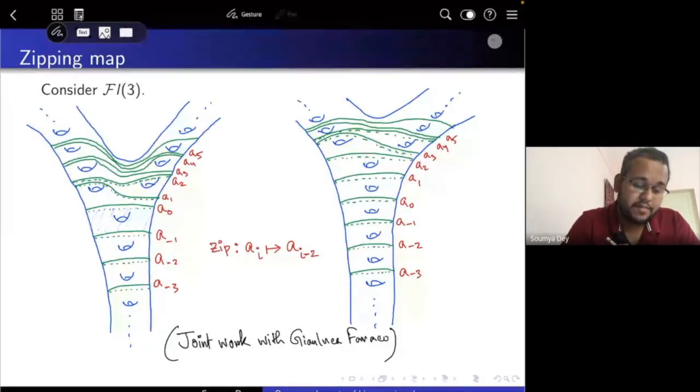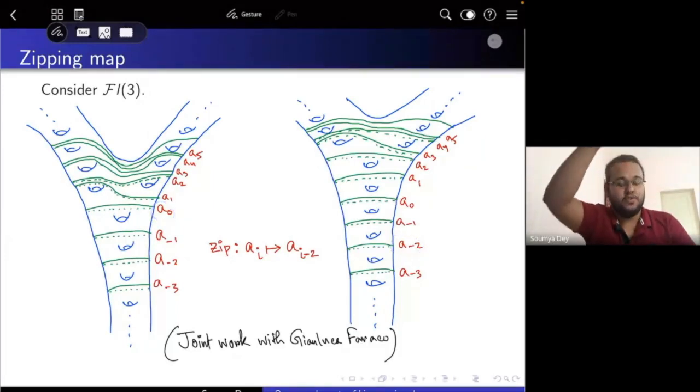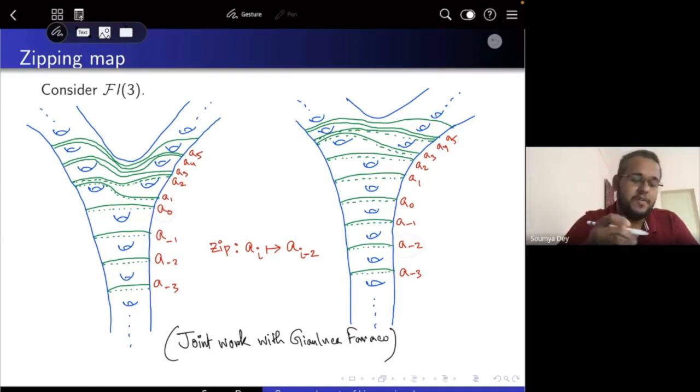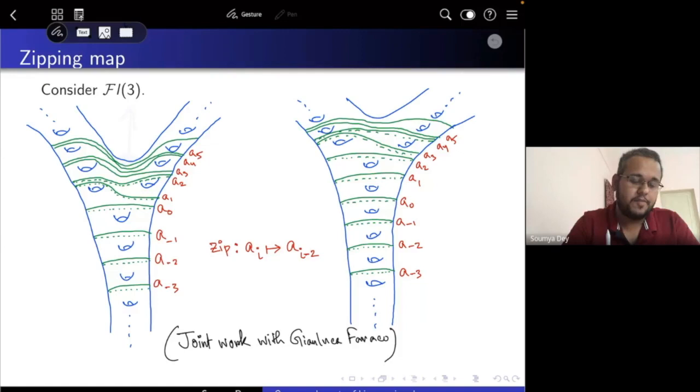So what I'm doing is I'm sending AI to the curve AI minus 2. So this AI here goes to A minus 2 here. So it's kind of the whole surface is moving towards below. You're basically trying to zip in this direction. So if you have a zip in this part, you are basically moving it upwards. So for such a zipping map,